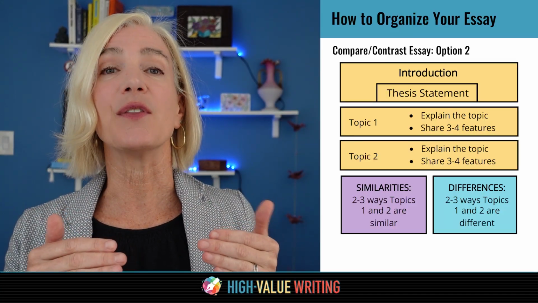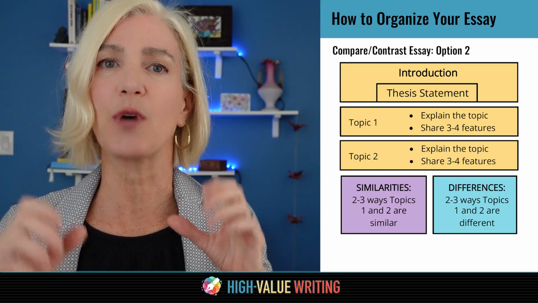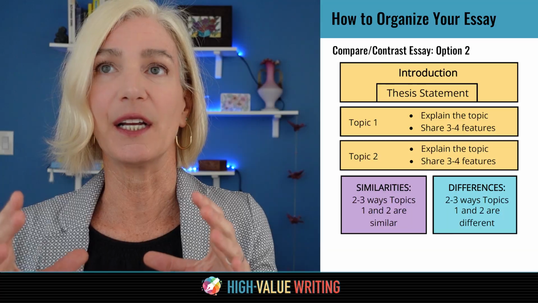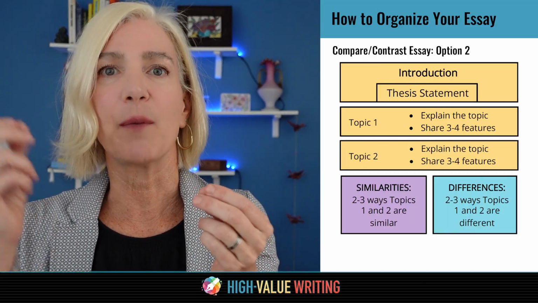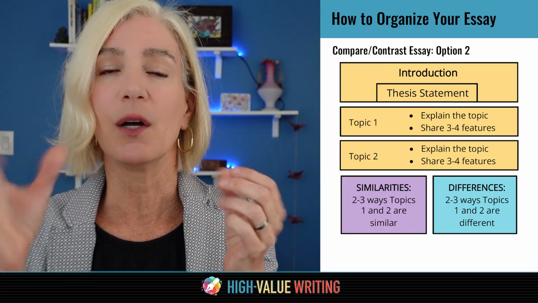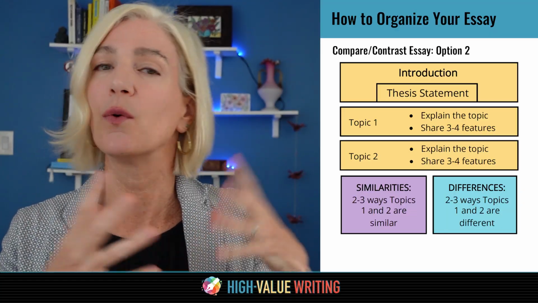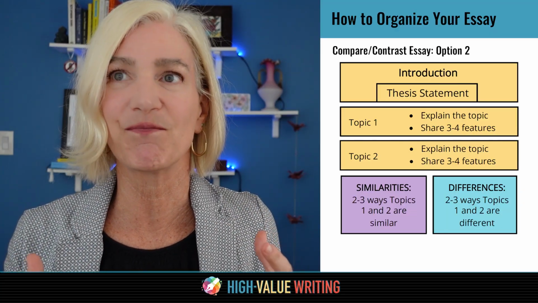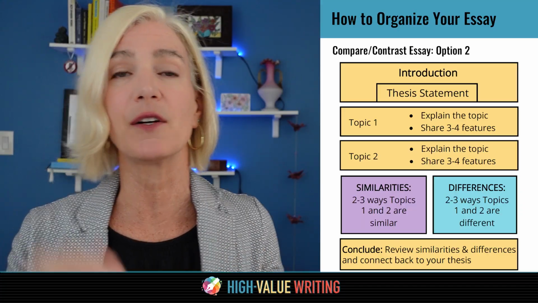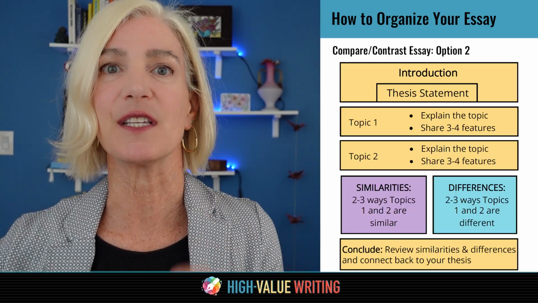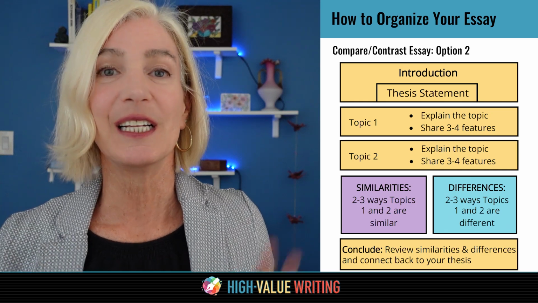Then we get into the similarities and differences, probably just one paragraph or one section of similarities relating back to topics 1 and 2, A and B. What are the features that are the same? Then we'll do another paragraph. What are the features that are different, right? Keep all of that organized under topic A, topic B, similarities, differences for our second way to do compare and